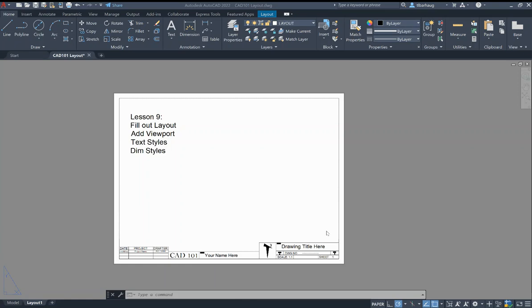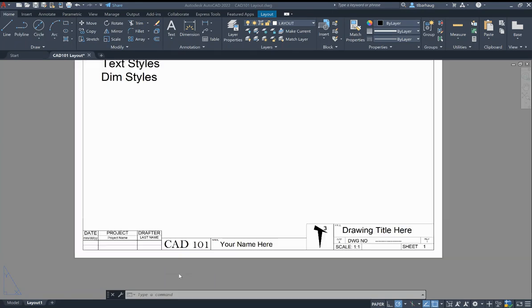Of CAD 101, where we're going to go over how to create our templates. Now, for this part one, we're going to go over filling out our layout, adding a viewport, text styles, and also dimension styles. So to start off, we're going to come down here to our title blocks and possible tables